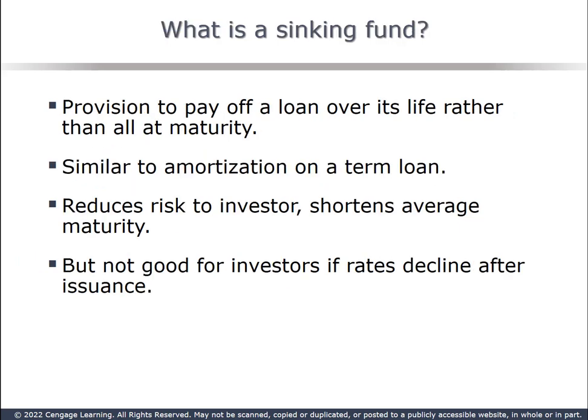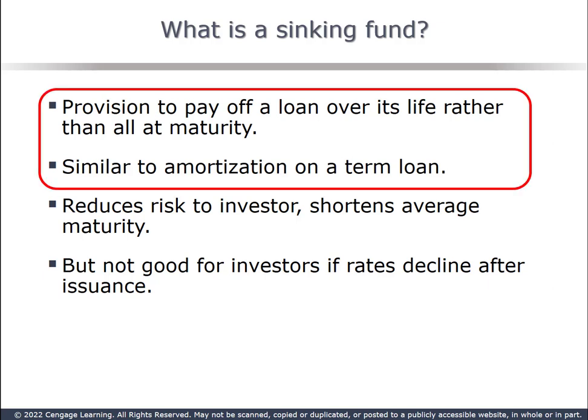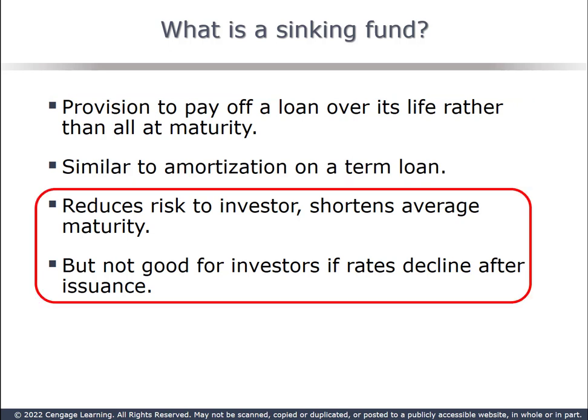Some bond issues include a provision called a sinking fund. A sinking fund provides for the orderly retirement of the bond issue periodically over the bond issue's life. A firm would include a sinking fund provision to reassure bond buyers that they'll be repaid. A sinking fund provision allows a bond issuer to offer a lower coupon rate, and the funds are deposited with a trustee each year to execute the sinking fund provision.